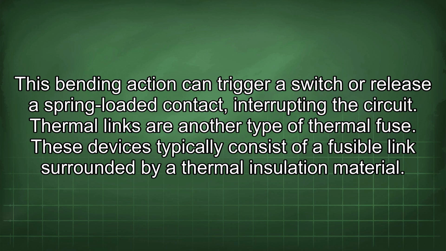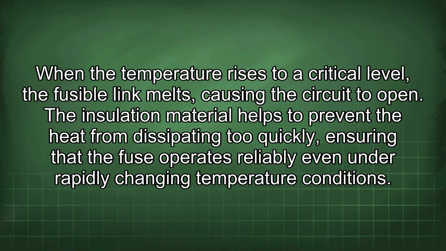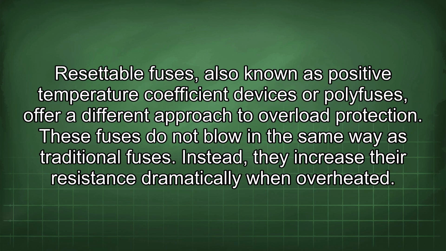Thermal links are another type of thermal fuse. These devices typically consist of a fusible link surrounded by a thermal insulation material. When the temperature rises to a critical level, the fusible link melts, causing the circuit to open. The insulation material helps to prevent the heat from dissipating too quickly, ensuring that the fuse operates reliably even under rapidly changing temperature conditions. Resettable fuses, also known as positive temperature coefficient devices or polyfuses, offer a different approach to